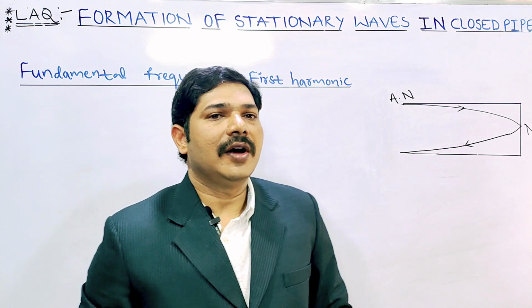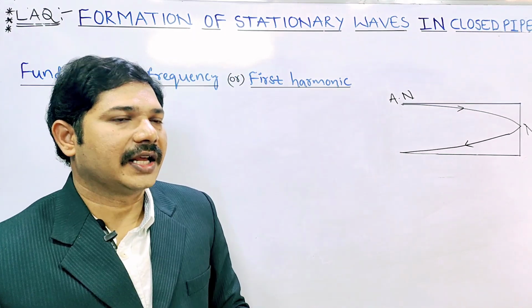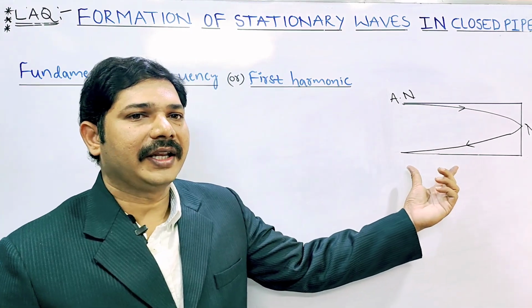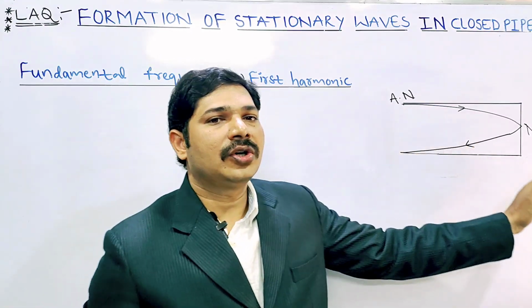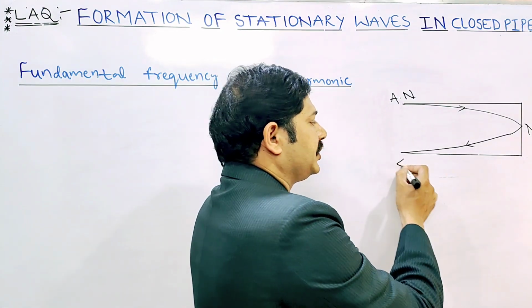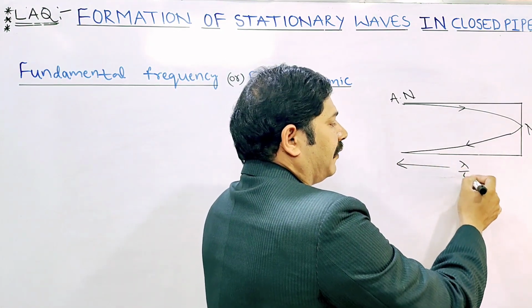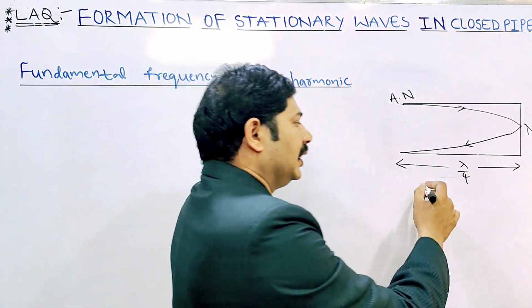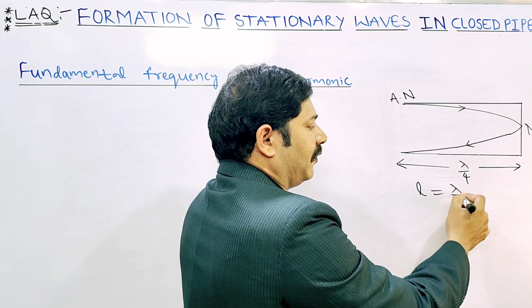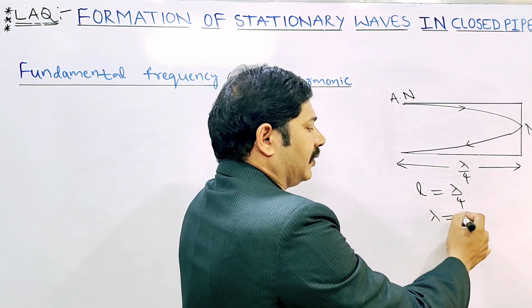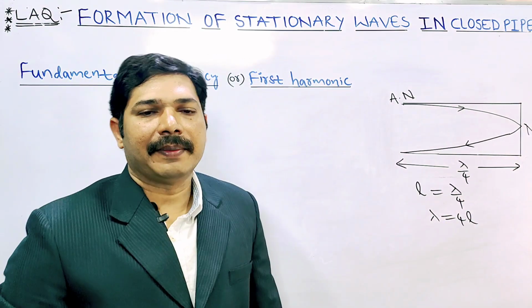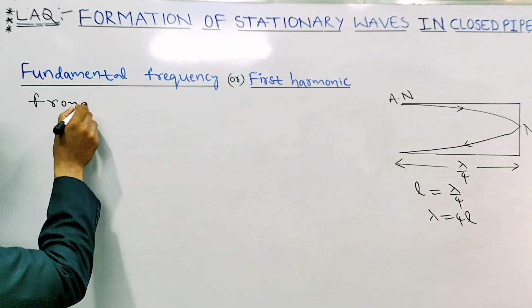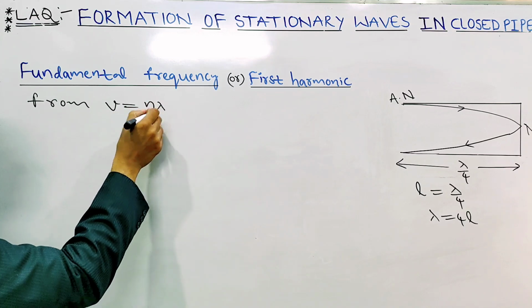Here we know that if a complete segment is there, the length of the pipe is lambda by 2. Here only a half segment is there, meaning the antinode to node distance is lambda by 4. Therefore L equal to lambda by 4, lambda equal to 4L. Here, from the formula V equal to N lambda,